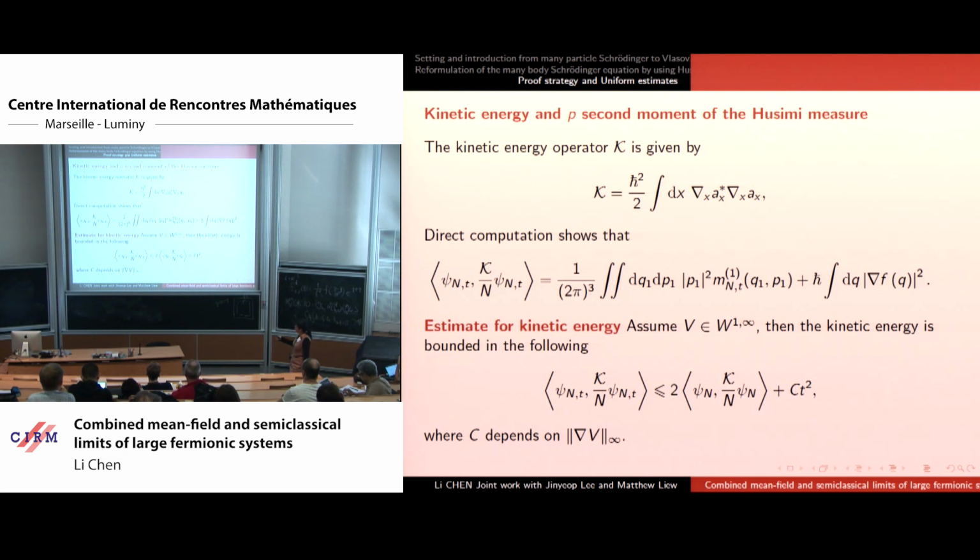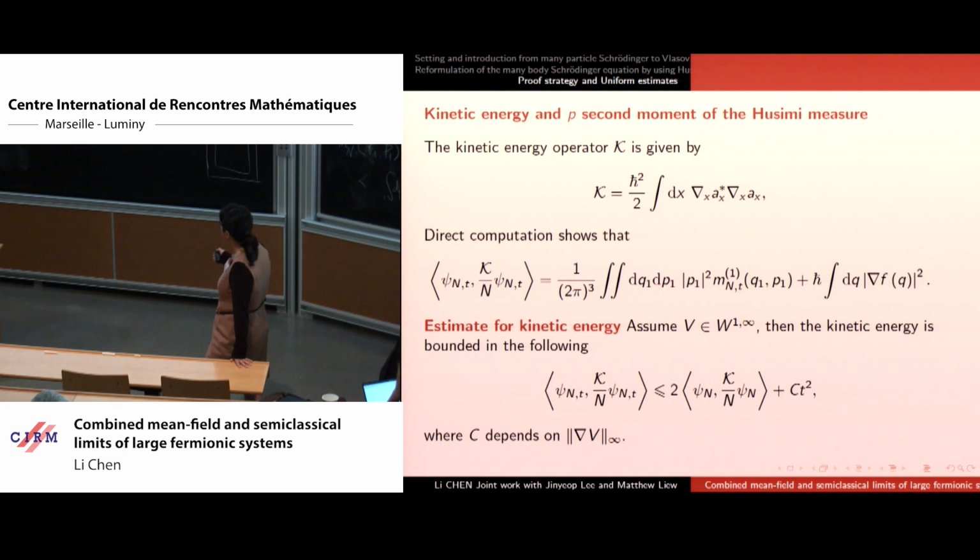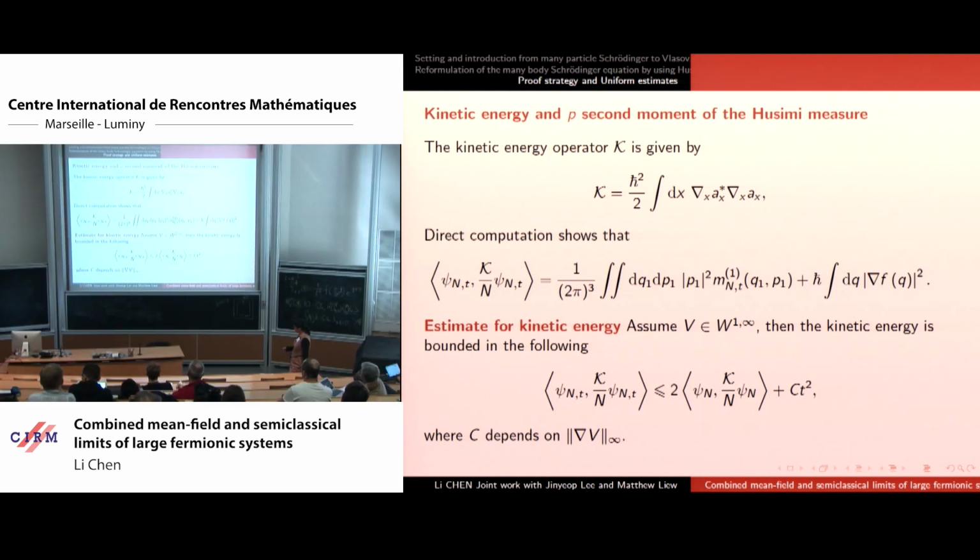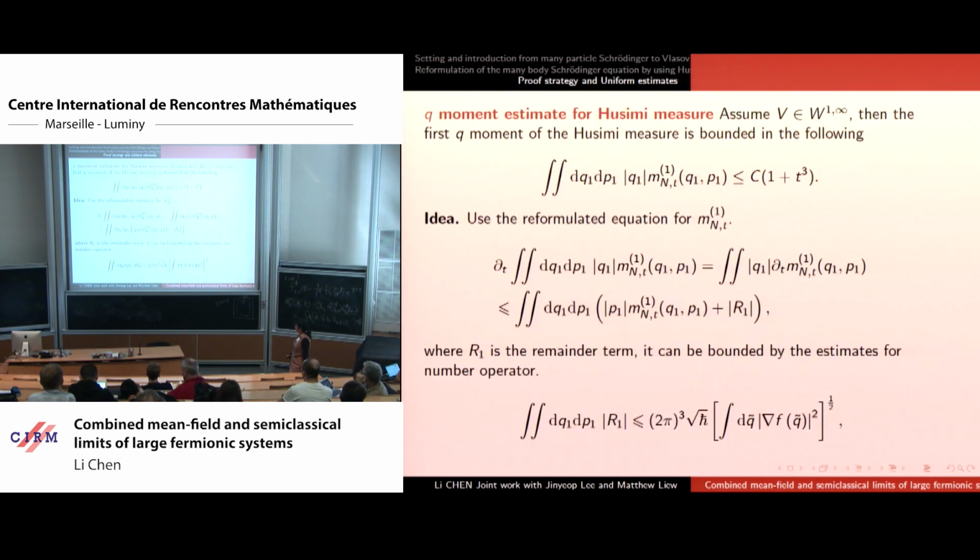And the relation between kinetic energy and the p second moment for the one particle Husimi measure is given here. It just has some error term. It's also written in Levin's paper there. But we need this somehow to get compactness for this sequence of measures. And then for the other, the position moment,